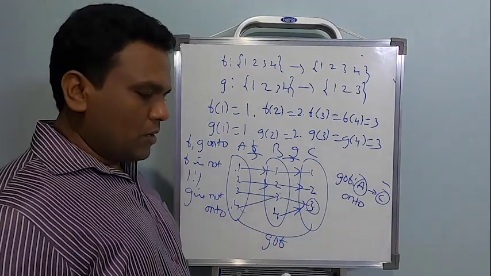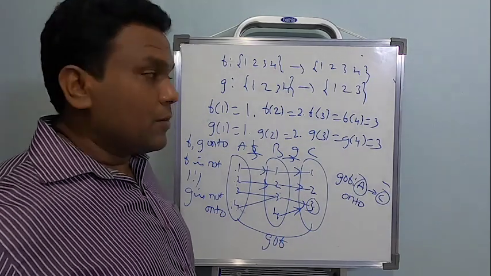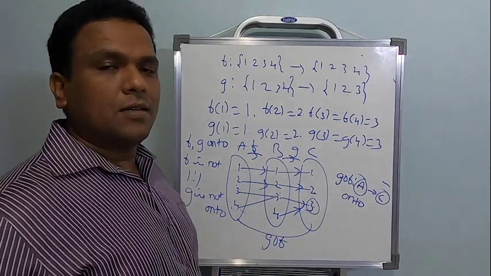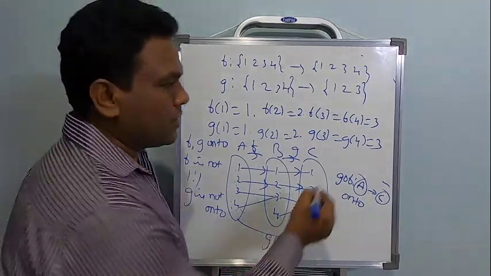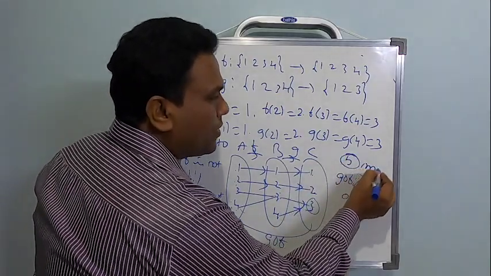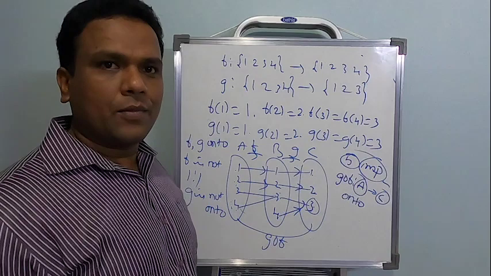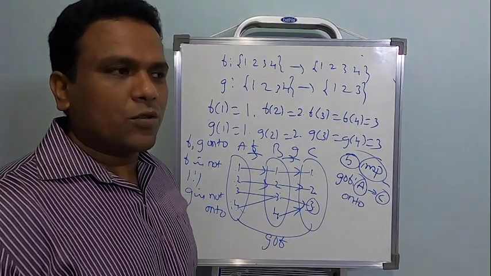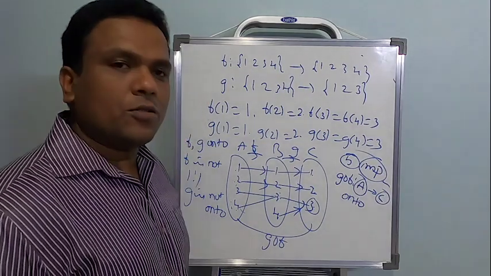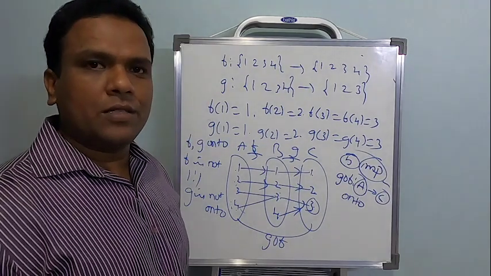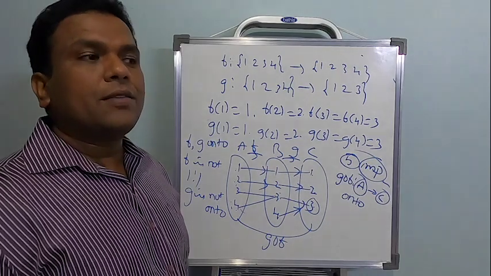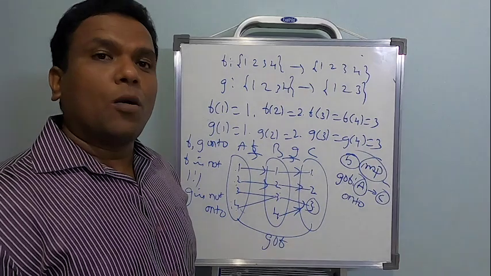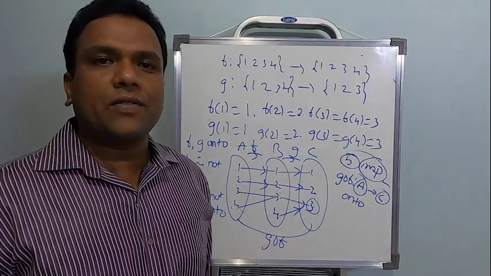Okay, students, now let me stop at this stage, because the next set of problems I'm going to start in the next class. I said basically 5 problems, and these 5 problems are going to be the most important for us. We already studied too many topics today. We did problems based on one-one function and onto function. Then we checked for bijective. Then we studied the inverse of an element. Then we studied composition of functions. Many topics we have studied.